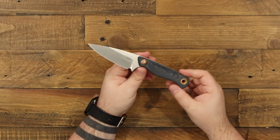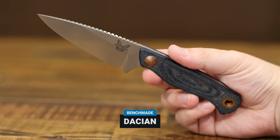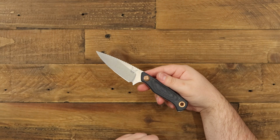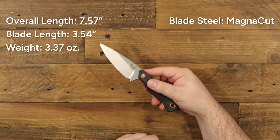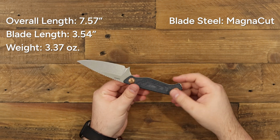And then last, but certainly not least, is the new Benchmade Dacian. So just like the Handy 2, this has been an absolutely incredible seller. So if you want a fixed blade and Magna Cut with really great micarta handles that are super slim, hollowed out,